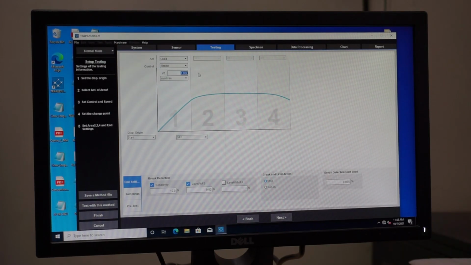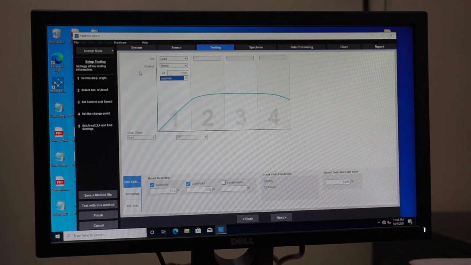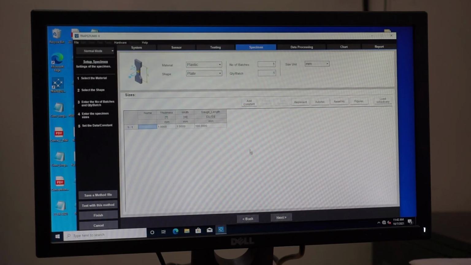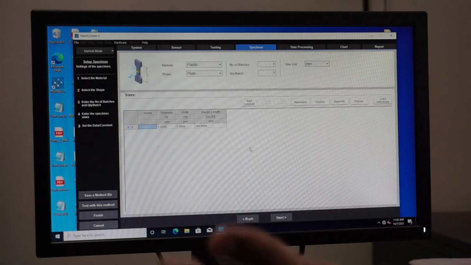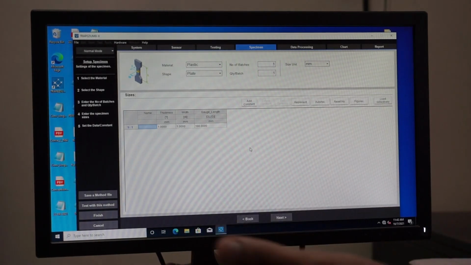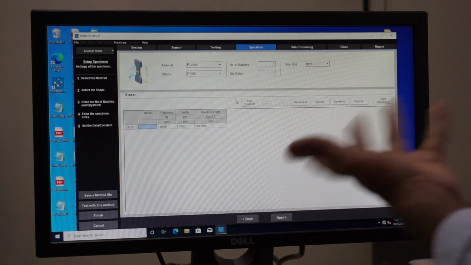So I am going to change 1.5 depending upon the material. Millimeters per minute means in a minute the material will elongate 1 mm. This is the initial rate. Next, I am going to provide the geometry, what specimen I have applied, because the computer does not know what geometry we have applied to the machine. I have to tell it that.